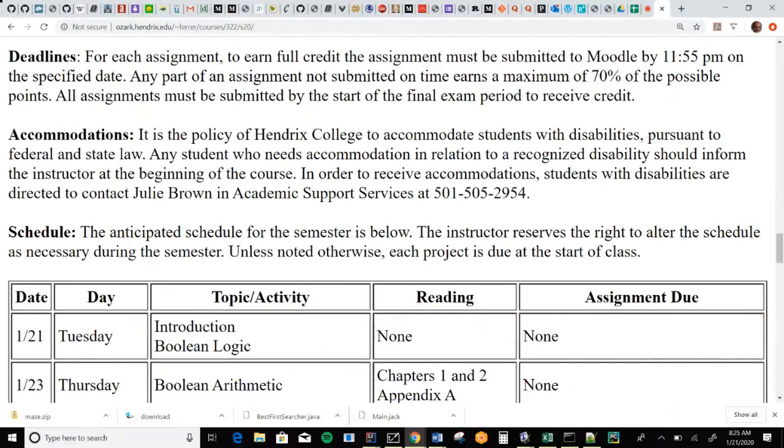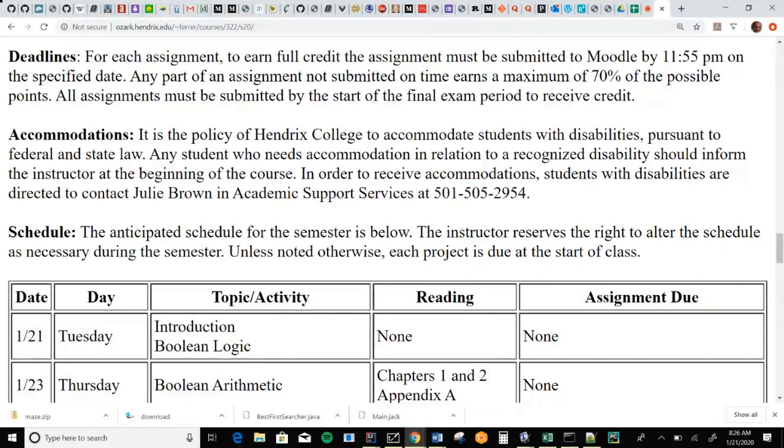After that, I'll accept any patches you make anytime up to the start of the exam period for 70% of the credit. For every assignment, it's broken down in terms of, for getting this far, this is the number of points you get for on time, this is the number of points you get for late. You really want to get them done on time, both to maximize your points and to keep up with the material. But I'm pretty generous on this late policy because I don't want you to get discouraged or give up if you can't get it done on time, okay?